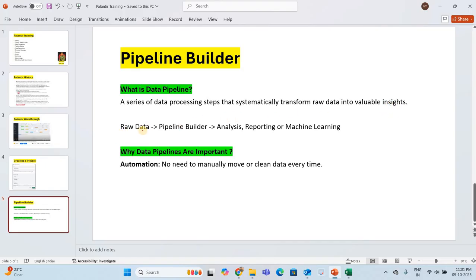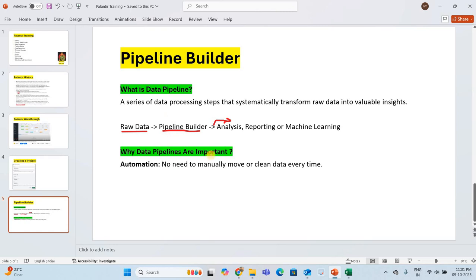This is the simplest way to say it. We get raw data, and pipeline builder is a systematic process that cleans the data, and after cleaning, the outcome is utilized for analyzing, reporting or machine learning. So pipeline builder sits between raw data and the processed outcome. This is the pipeline.